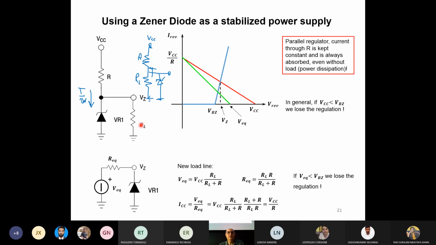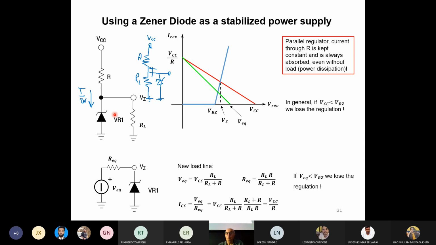While if we reduce the RL resistance, we are simulating a load that absorbs some current, and this point will move to the left. What is the worst situation? If this point, V equivalent, goes below VBZ, we lose any regulation. Because we have a line like this, and here the Zener diode is no longer in a breakdown situation, so